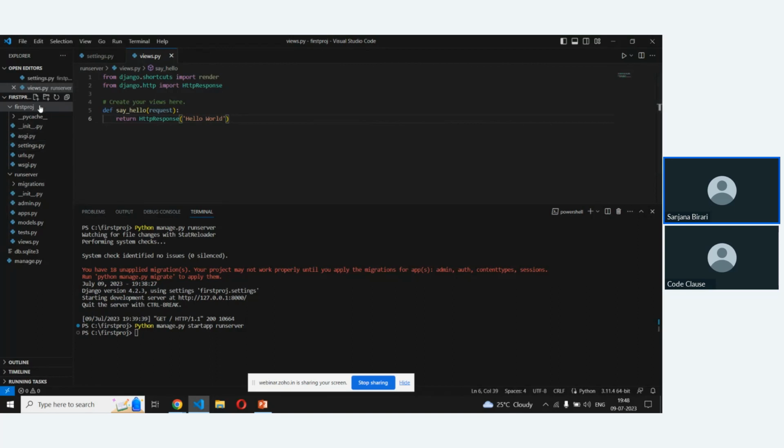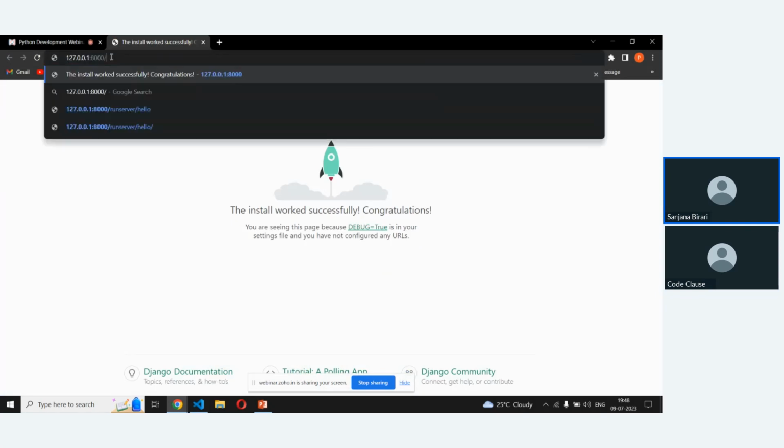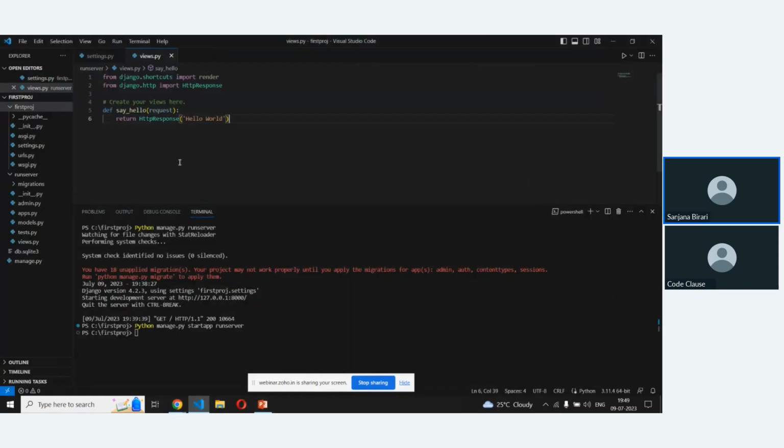How should our view function look? Just check. Suppose this is our URL, then it should look like this, with a slash.